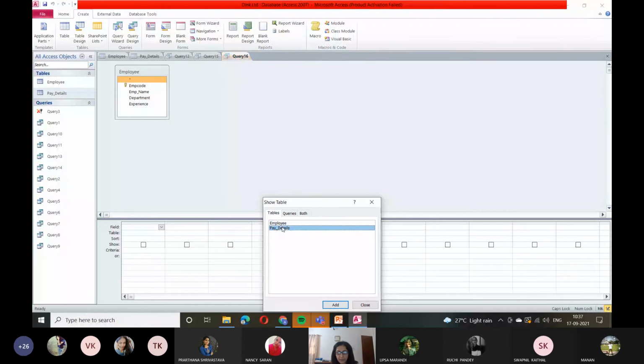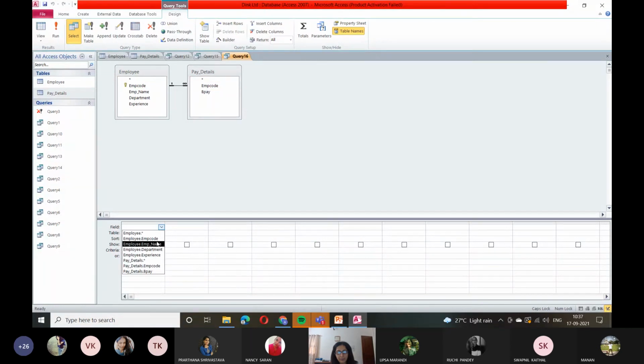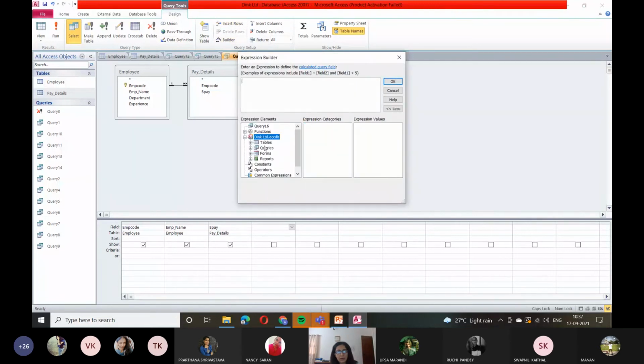Employee, Pay Details. Okay, I go here and I put the details, that is employee code, employee name, the basic pay. Now here I want the builder. I want to go to the Pay Details table. I want the operator, that is multiply, 0.40.